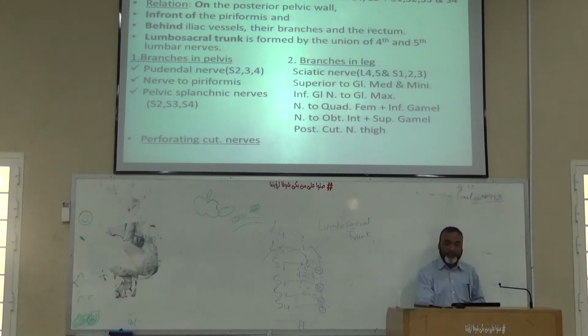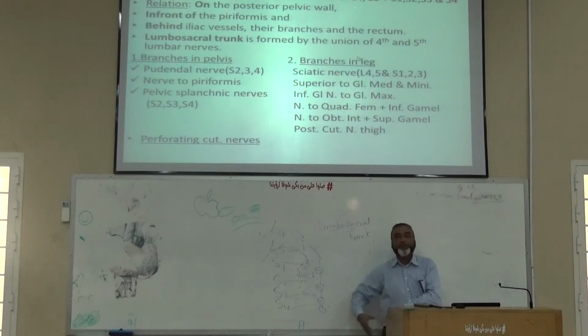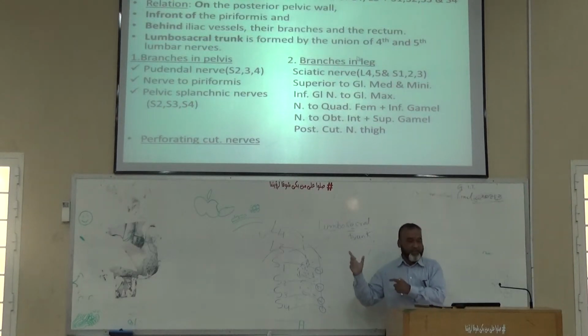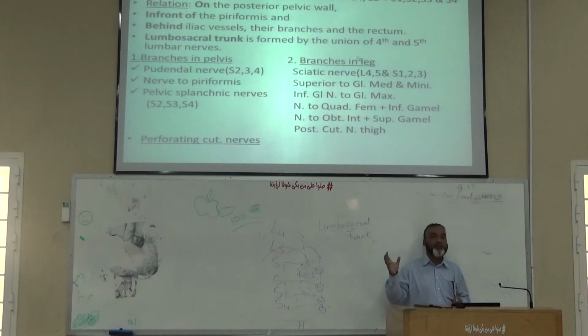The first are the branches which supply the pelvis. Second, some of the branches originate from the sacral plexus, but they leave the pelvic cavity to supply the lower limb muscles. You have already done the lower limb, so they are supplying the lower limb muscles. Third is the perforating branches. So first, what are the branches in the pelvis? The first branch is the pudendal nerve, and